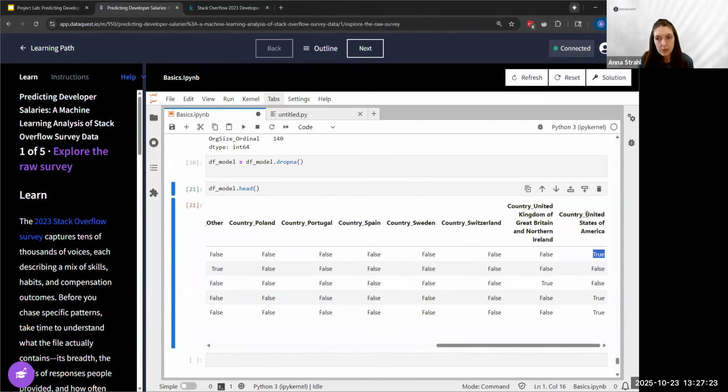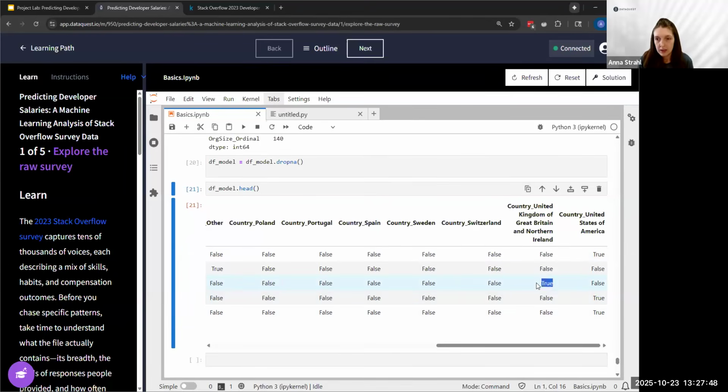So we still get to keep the information that they live in the US, but true is a value of 1, false is a value of 0. So we have converted a single column into many columns, making each one numeric. Hopefully that made sense. I think this visual is very helpful.